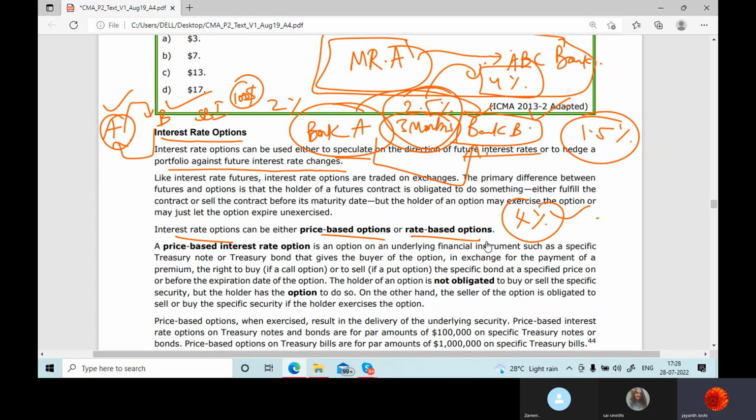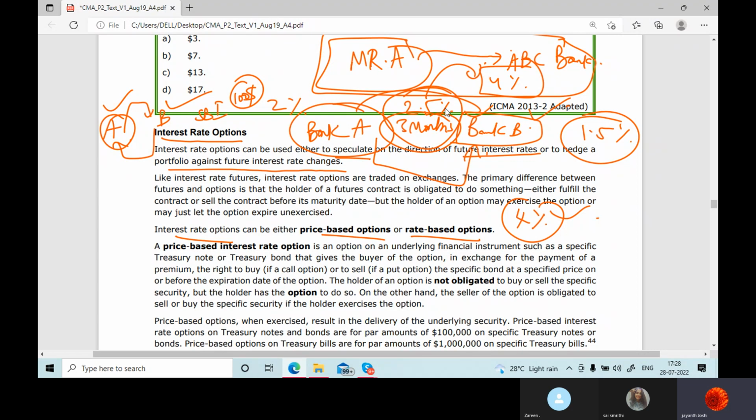If bank A thinks rates are going to go down, it's not necessary that it will definitely go down. That can also prove to be wrong. And bank B thinks that the rates are going to go up, but it can also go down. That can also be wrong, like perception. We cannot say about the markets, but this is what their perception is. And here, like we discussed now, at 2.5% bank A is going to take the loan and they're going to lend it for 4%. Let's say